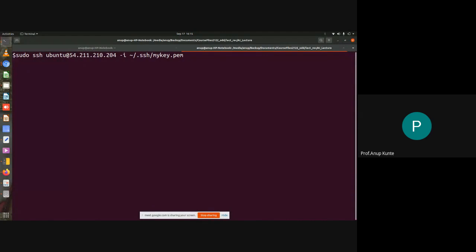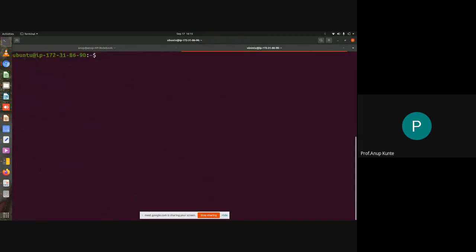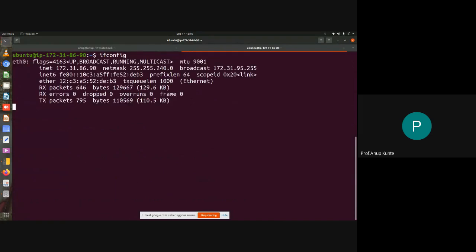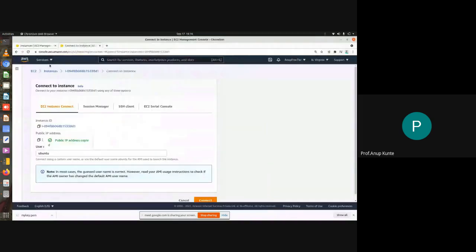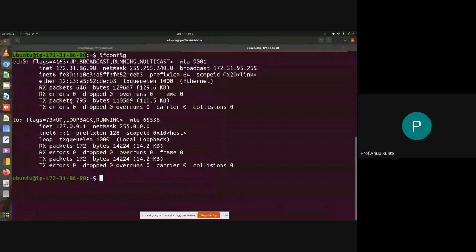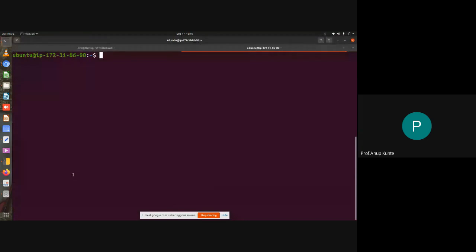So now it is trying to connect. It did not give me an error. And see, this is the IP address I've connected to. Okay, I can check the IP address. This is the IP address, and this is the remote machine that we just created. So this is the instance that we had created, and we have logged into that instance finally. It took me some time because I tend to forget those key management stuff. So I hope we have all reached a point where we have access to some remote machine like this.